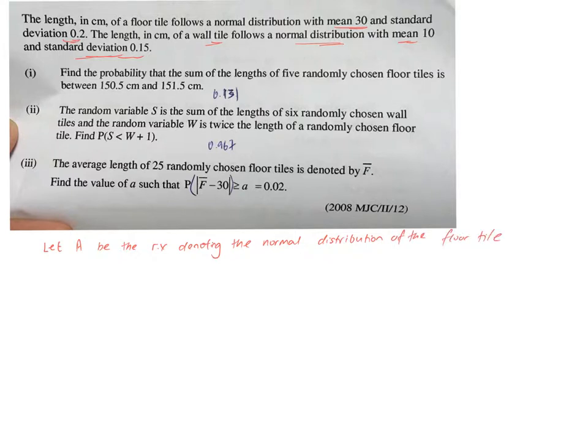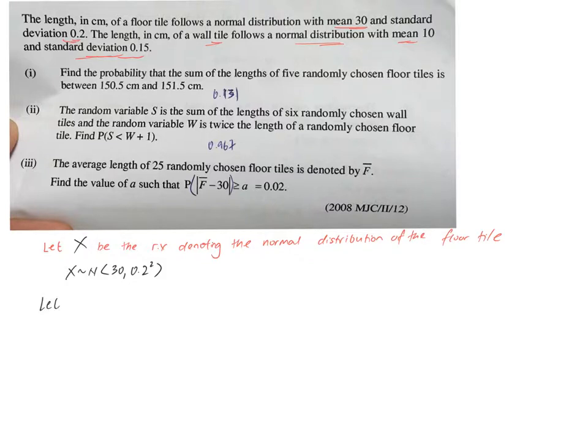If you don't like A, you can use something else. You can even use something like X. Then X will take on the normal distribution with mean 30 and standard deviation 0.2 squared,